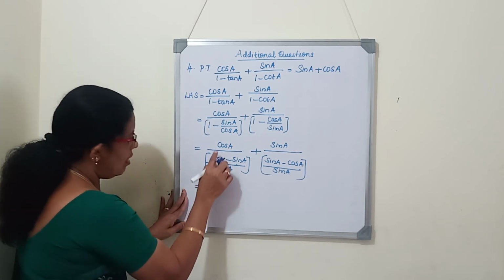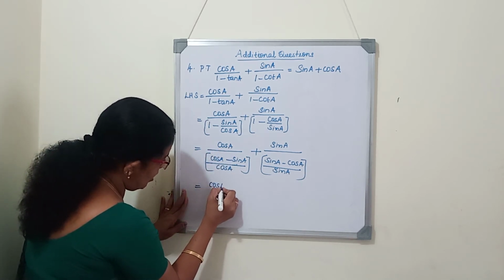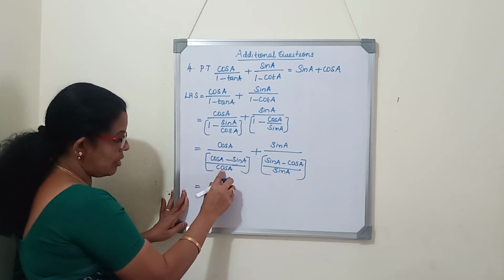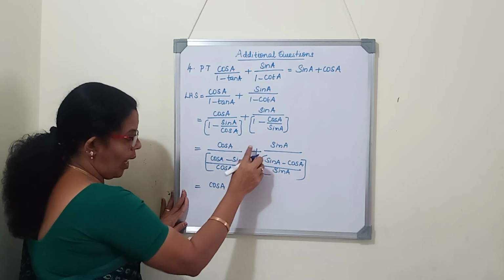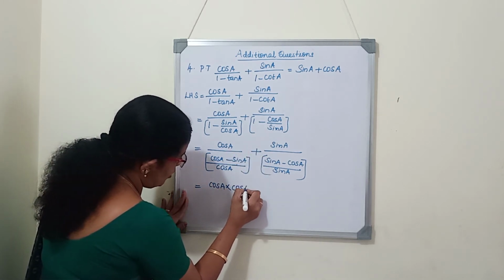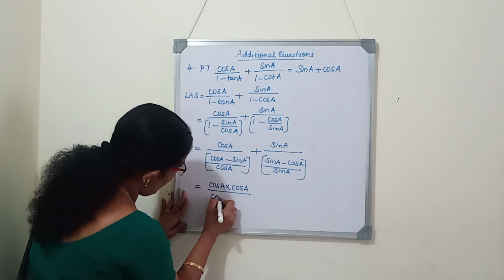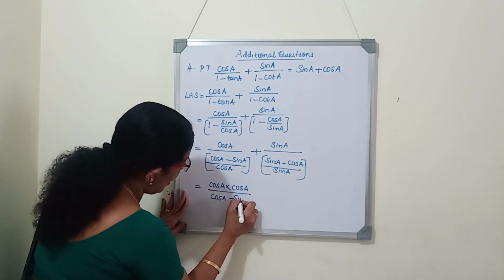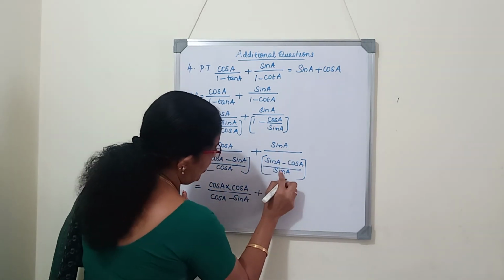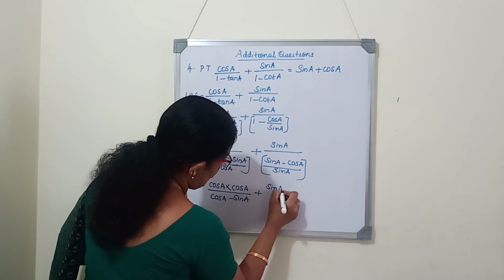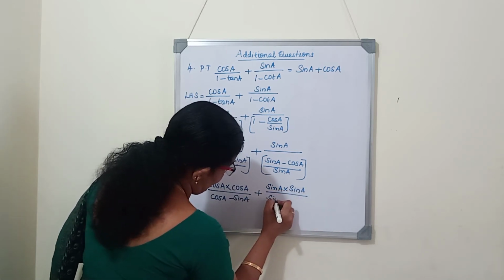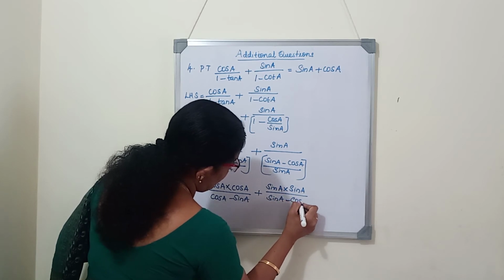So that we will write. First cos A is there as it is in the numerator. Reciprocal of cos A minus sin A by cos A is, cos A will go to the top, over cos A minus sin A. So cos A into cos A divided by cos A minus sin A, or directly we can write this as cos square A. Same way here plus sin A into sin A by sin A minus cos A.